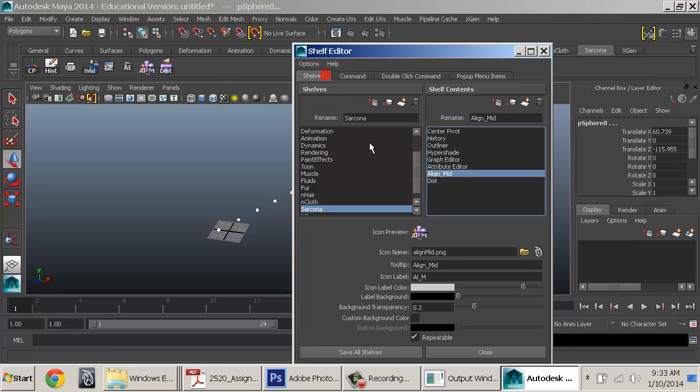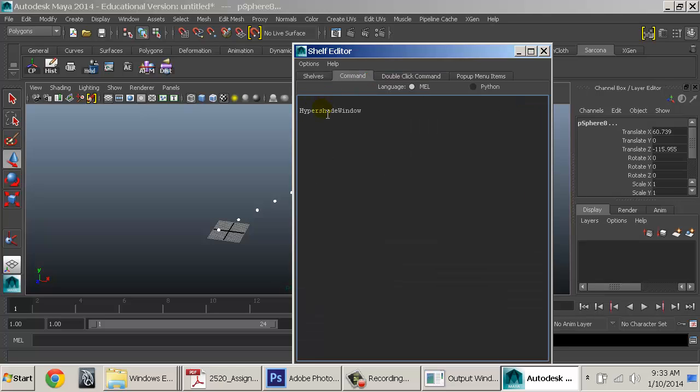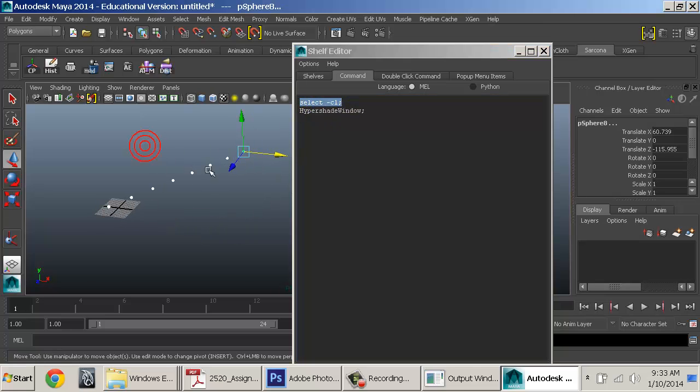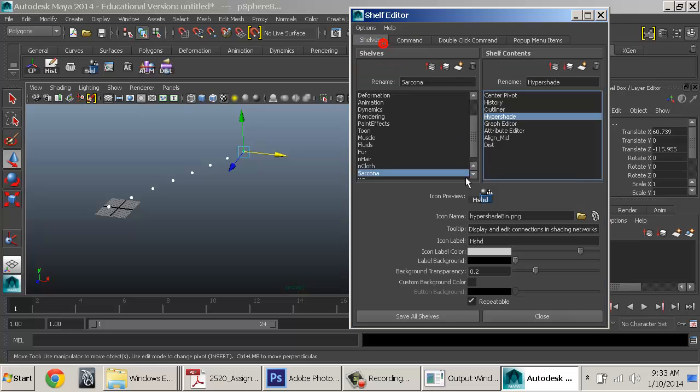Okay. So I'm going to go to my shelf. I'm going to go to hypershade. I'm going to go to command. I'm going to say select -cl semicolon. That's the one with the dot and a comma. Okay, so select -cl hypershade window. So now what this means is that once I hit save